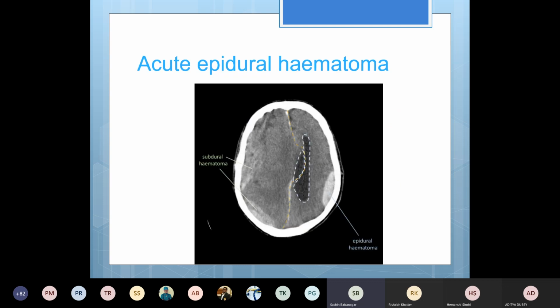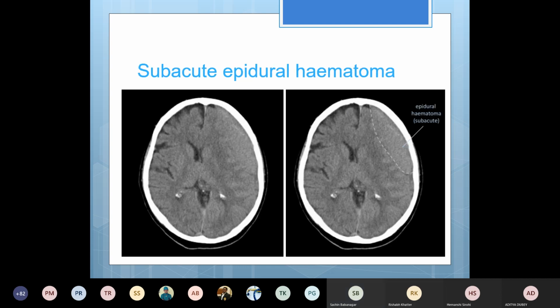So here you can see an acute epidural hematoma or extradural hematoma with a lot of mass effect, right side to left side. What is happening here? The midline has shifted, okay, towards the left side, and there is a lot of increased intracranial pressure on the side. So you have multiple acute subdural hematomas also in this patient, and there's effacement of all the sulci and gyri on both the sides, and this lateral ventricle has become disfigured. You can see here this area on the left side.